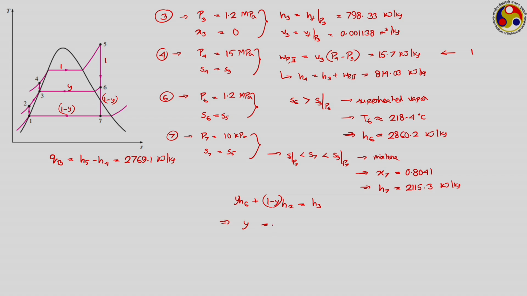So, putting this, your y will be coming as 0.227. So, 22.7% of steam has been extracted from the turbine to be supplied to the boiler feed pump, or sorry, to the feed water heater. And how much is the condensate load? Remember, condenser works on 1 minus y mass fraction. So, it is 1 minus y into H7 minus H1. Putting this, your value will be coming as 1486.9